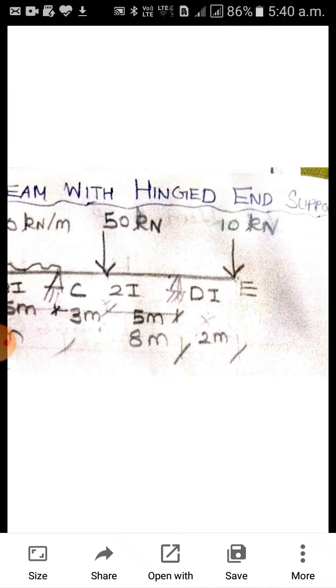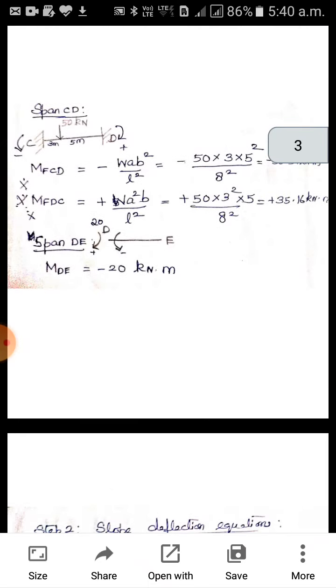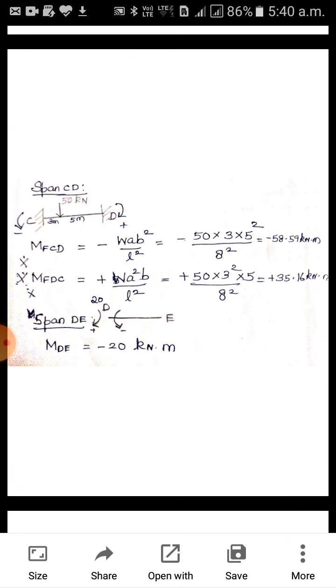Only for portal frames I told you there will be a change, because in addition to horizontal spans you also have a vertical span. So if you add all three you'll have 0. Here there are only two, CD span and DE span. So MDE plus MDC will be 0. MDE equals minus 20, MDC equals plus 20. This is the change. If you have an overhang portion, you have to convert it into moment in the first step itself, in the fixed end moments. Then you have to forget about that span. You should not write any slope deflection equation for it.